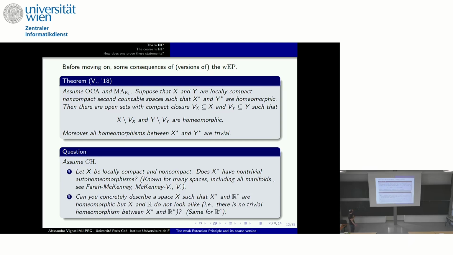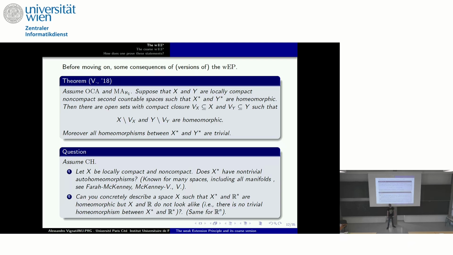And the second question, yeah. Because otherwise, I believe you can create two very different spaces such that the remainder has 1 point, something like that. But yeah, let's play with the long line. Yeah, and I mean the long line and omega 1, right? Have 1 point and 1 point. Yeah, it's small. More concretely, can you give me a space in a concrete way whose remainder is homeomorphic to